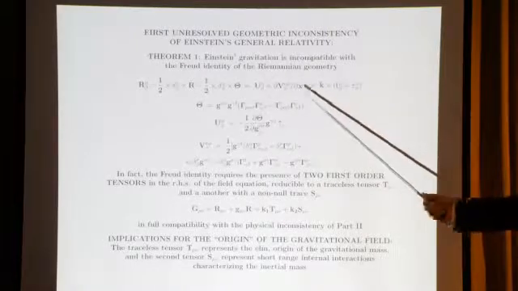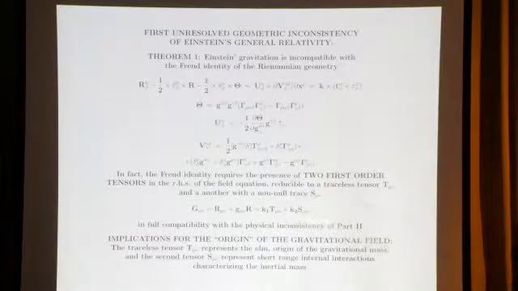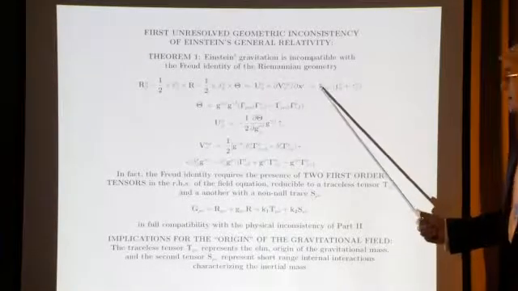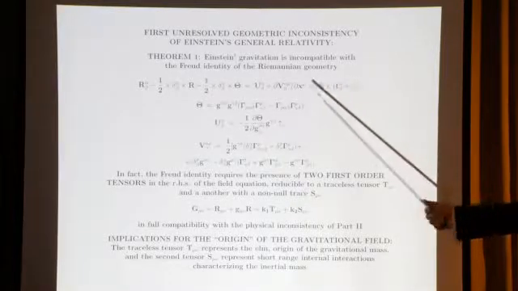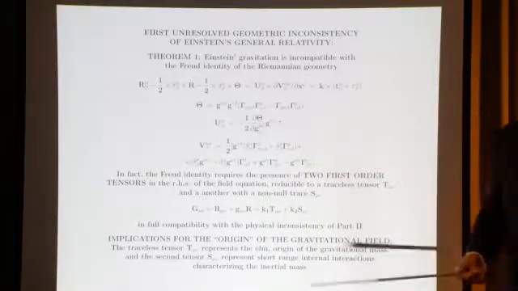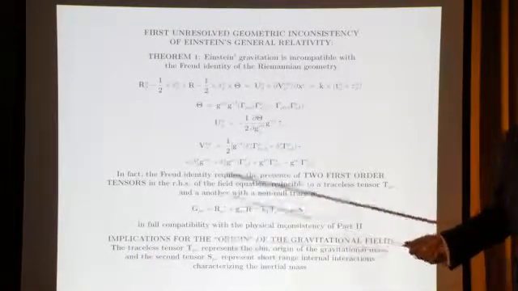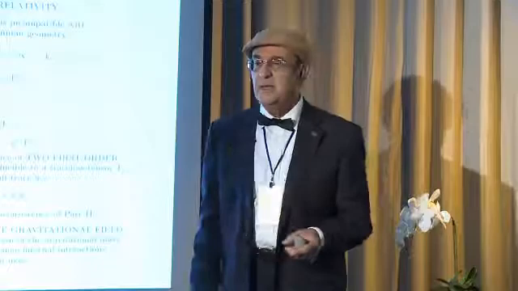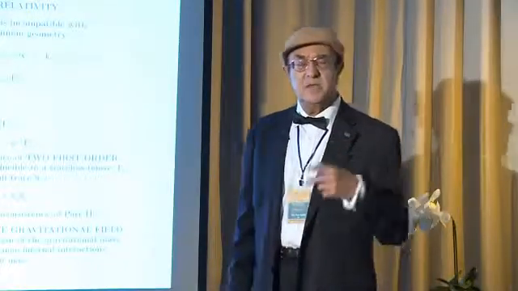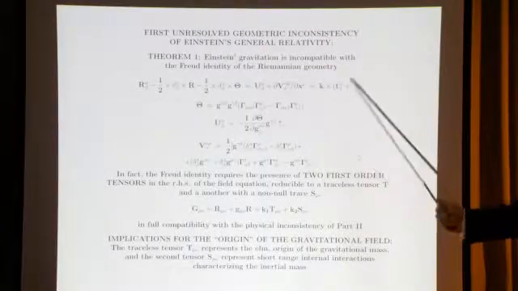Now, what is the Freud identity? The Freud identity essentially established the need, on the right-hand side of the equation, of 2 tensors, that which is, however, careful, of first order in magnitude. So essentially, the Freud identity provides a magnificent geometrical confirmation of the paper at MIT Annals of Physics regarding the need of 2 tensors on the right-hand side as a source tensor, one of the electromagnetic and the other of short-term interaction.